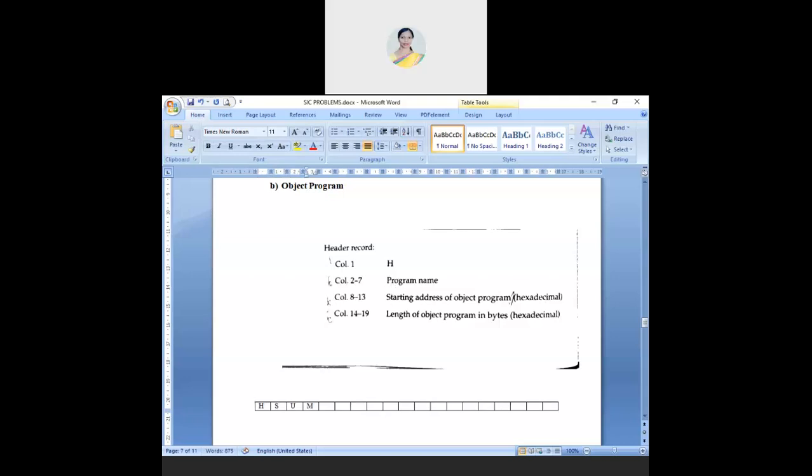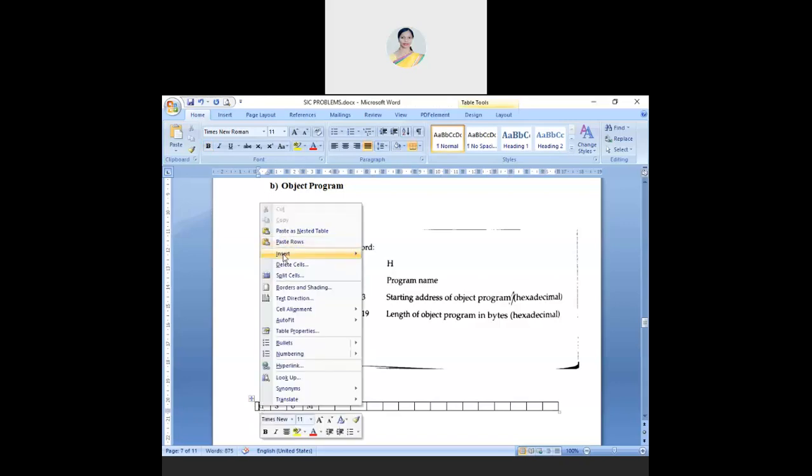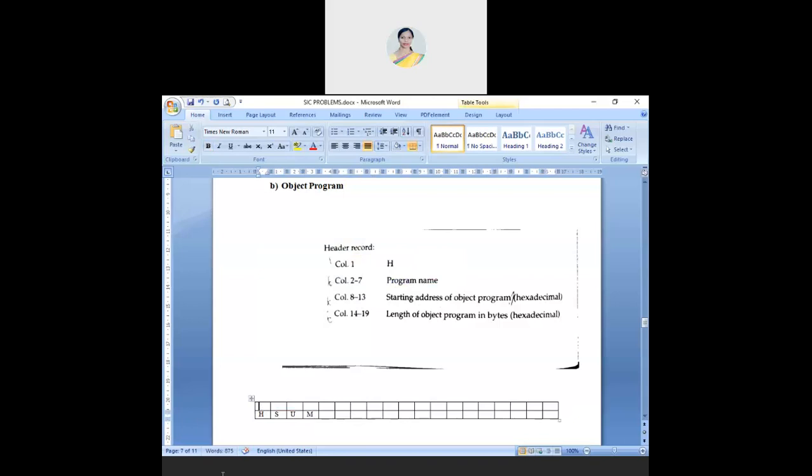SUM. I'll just insert rows above and put the column numbers 0, 1, 2, 3 up to 15, 16, 17, 18, 19.